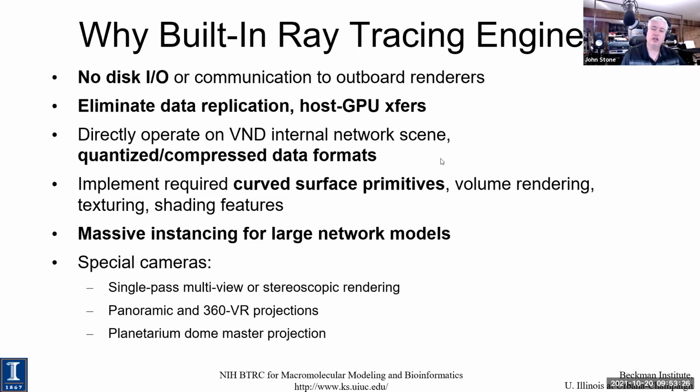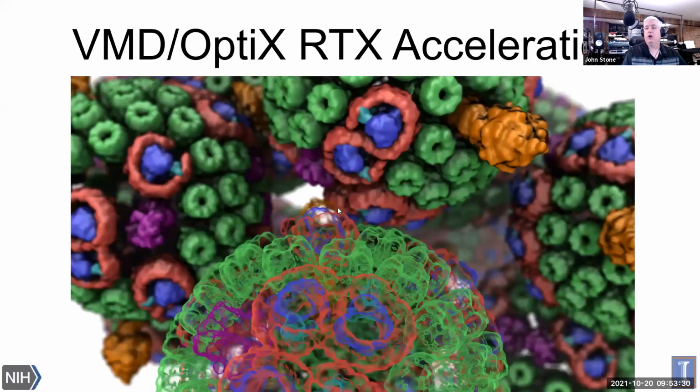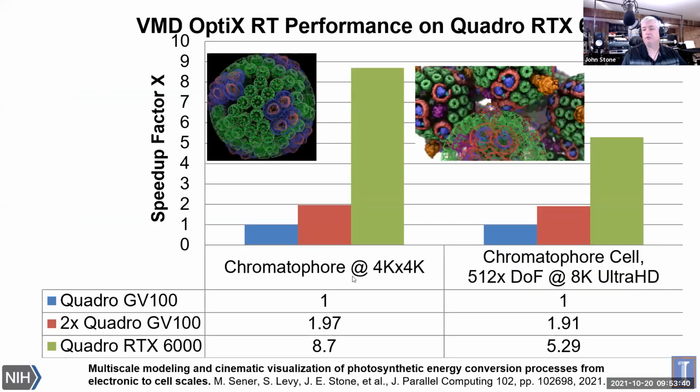So there are different answers for different use cases, and I'll talk about those later. VMD exploits the state-of-the-art GPUs that have hardware acceleration for ray tracing. Some of the things we get out of that are huge performance increases just from one generation of GPUs to the next. If you look at just NVIDIA's own GPUs, what had been their highest end GPU previously